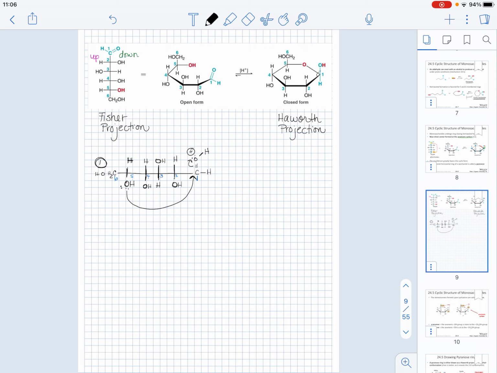And overall, understand that what is happening is that I am wrapping these atoms around in order to cyclize. So the attack of this molecule can happen through the front, okay? So you can imagine on top of the paper or behind the paper, okay? So what does that mean overall? That in the second step, what I'm going to do is write that folded form that we see that is still open,